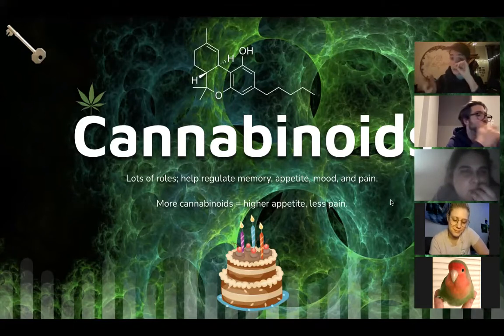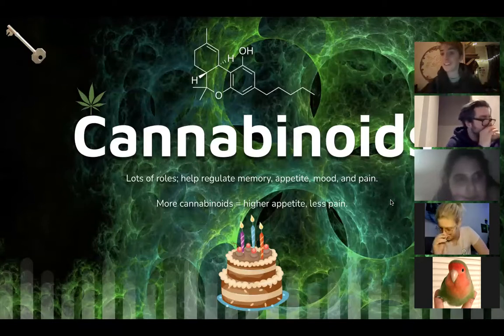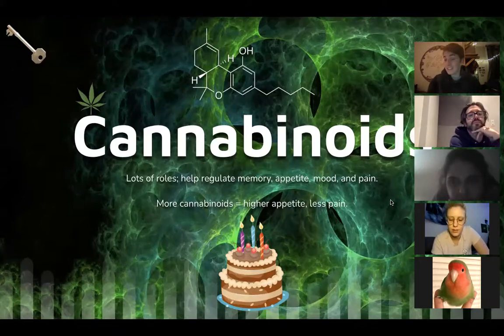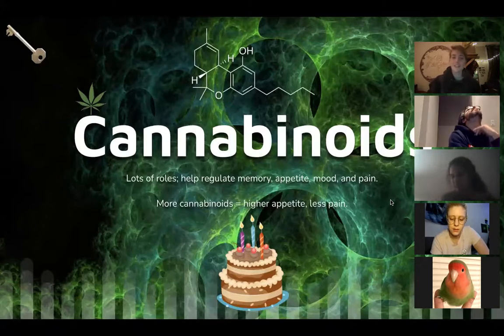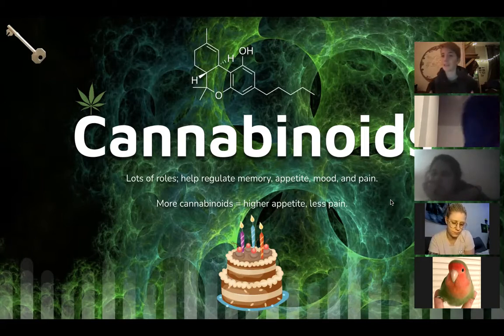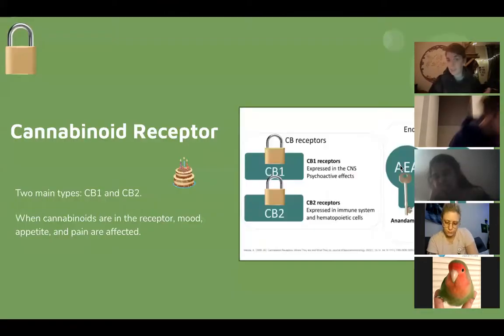Okay, now cannabinoids. Cannabinoids are naturally occurring in your body as well. That's right. You have your own weed system, just like you could argue you have your own heroin system. And that's what's so funny about all of this. Cannabinoids have so many different roles, and they're really interesting in terms of how they work. They do this crazy thing called retroactive signaling. They're like the bouncers of your neurotransmitters. Generally speaking, and this is a huge generalization, more cannabinoid activity, higher appetite, less pain. It's not exactly like that by any stretch of the imagination, but for the sake of simplicity.